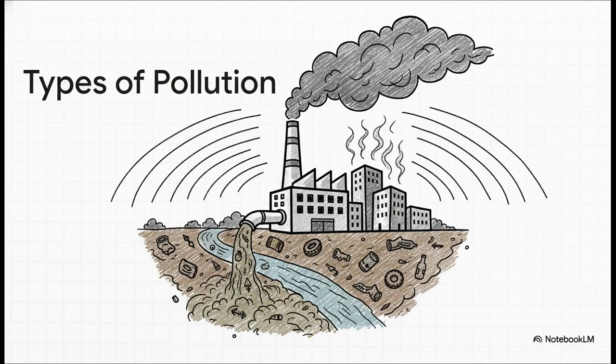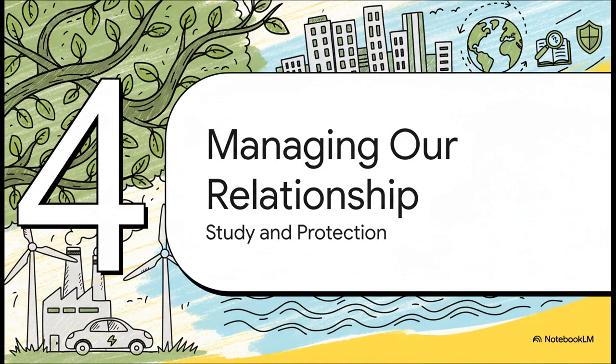Just look at pollution. It's not one single thing, it's a cascade effect. The stuff that causes air pollution can create acid rain, which in turn pollutes the soil and the water. Human activities can even create noise and thermal pollution, changing the basic conditions that life needs to thrive. It's all connected.